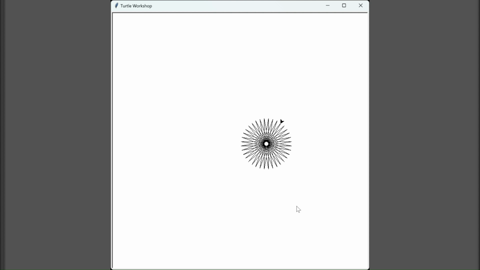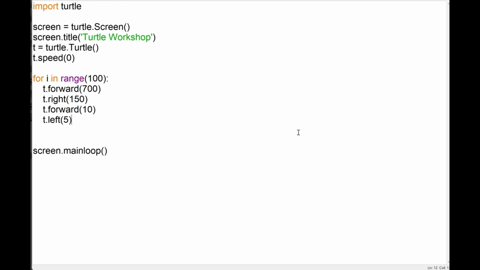And what I'd like you to do is go in and start changing the angles and things and playing around with the length of the forward and the angle that it goes, and see what happens. I'm going to show you an example in a second. So here what you can see is